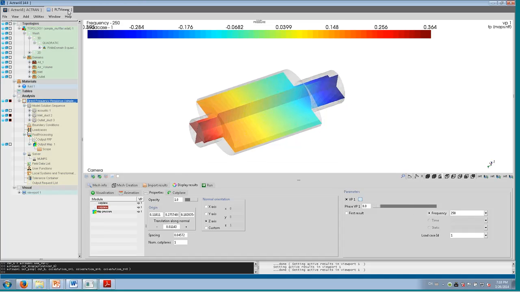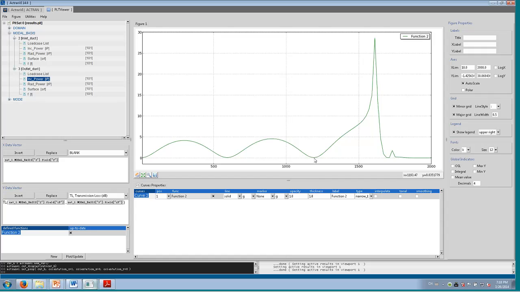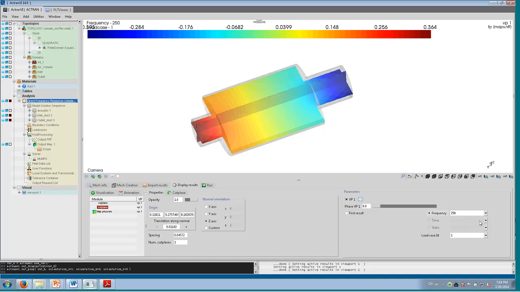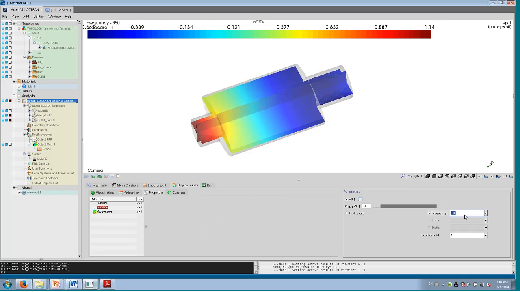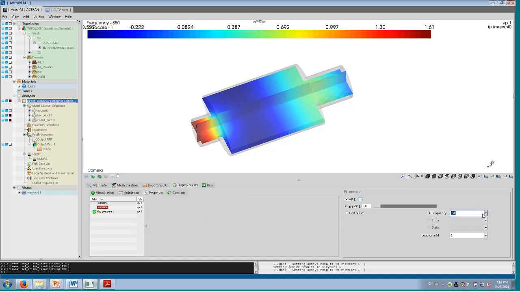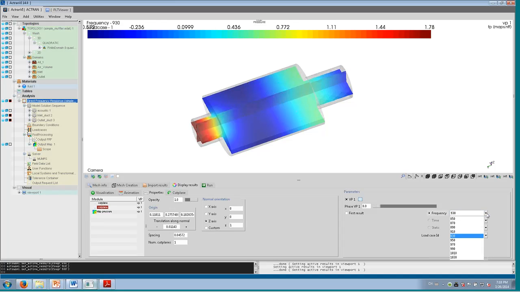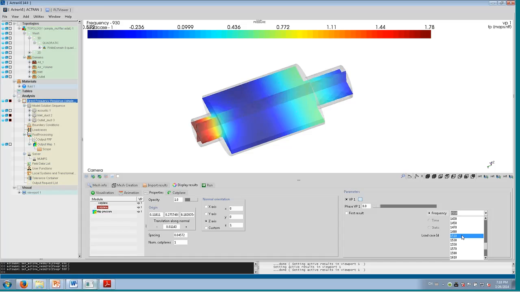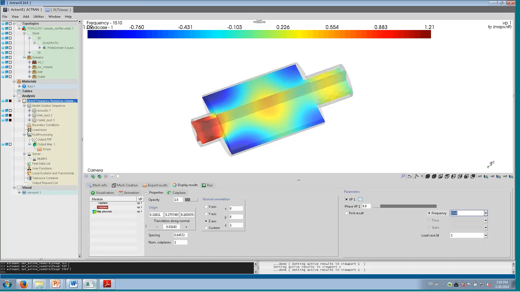So as we have seen that below about 1000 or 1200 Hertz, the acoustic propagation has a plane characteristic, and this can be verified in the map result. And as we go up to higher frequencies, for example, 1500 Hertz, we see that